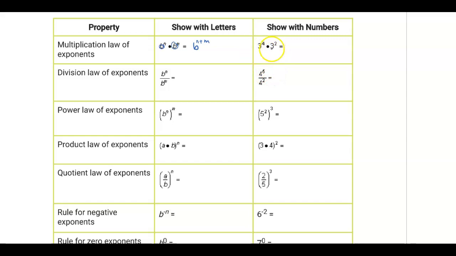So if I were to go over here and simplify this, that's 3 to the 4th times 3 to the 2nd. How many 3's am I multiplying together? 1, 2, 3, 4, 5, 6. So this would be the same as 3 to the 4 plus 2, which gives you 3 to the 6th